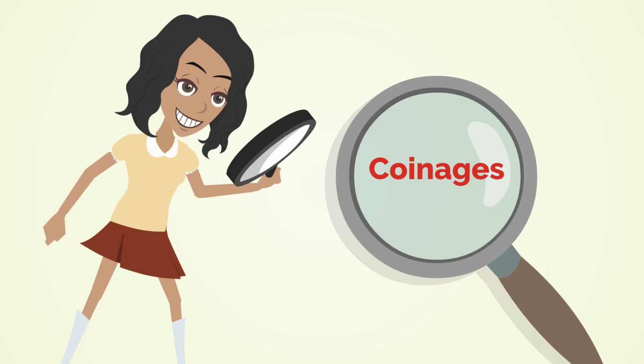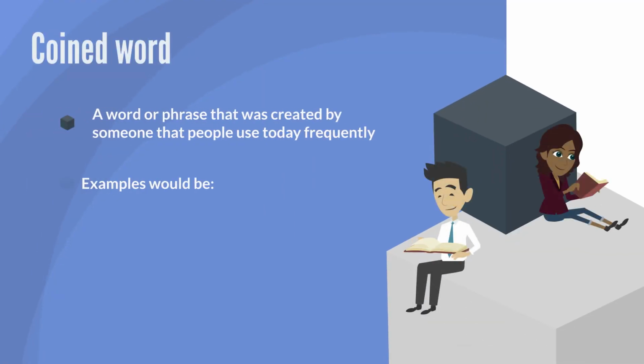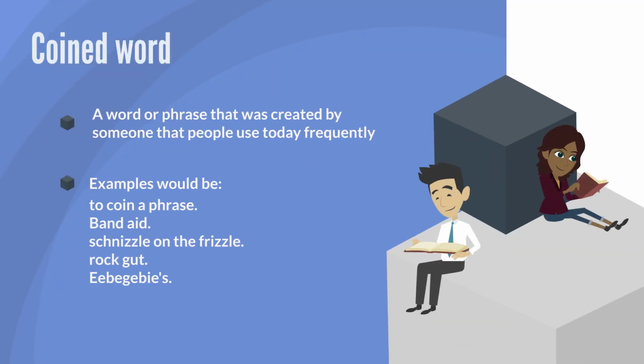Another source of synonyms is coinages, which may be motivated by linguistic purism. Thus, the English word forward was coined to replace the Romance preface. A coined word is a word or phrase that was created by someone that people use today frequently. Examples would be: to coin a phrase, band-aid, schnizzle on the frizzle, rock gut,